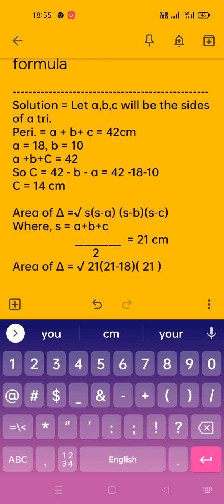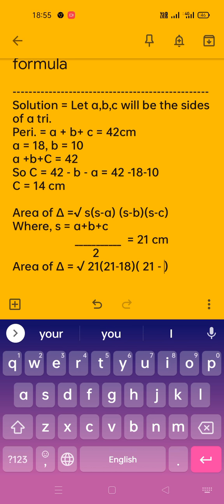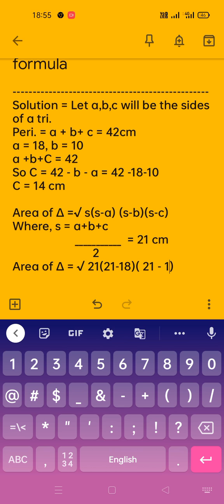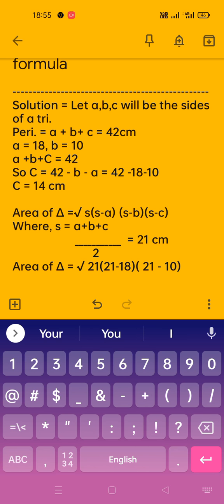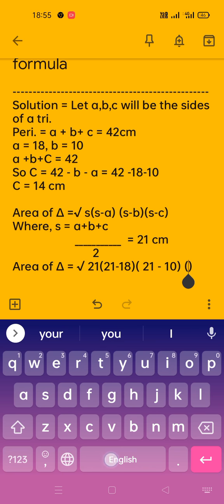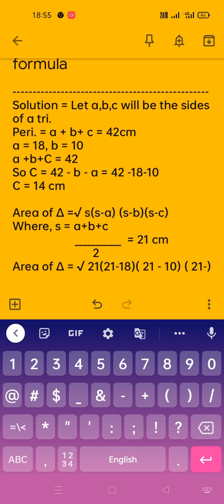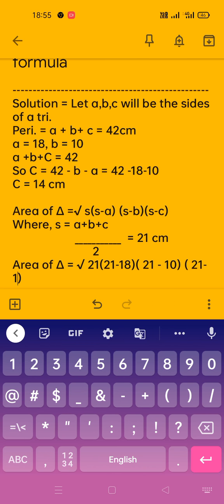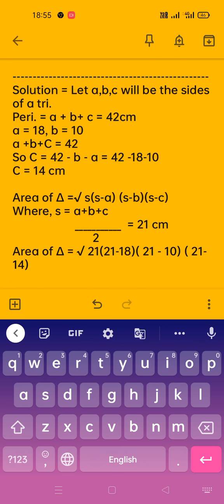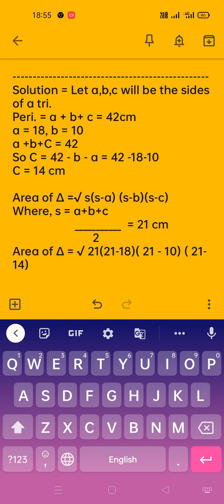Next value is 10, right? And next is 21 minus, next values, it's 10 and next is 14, okay. Now again what we have to do,